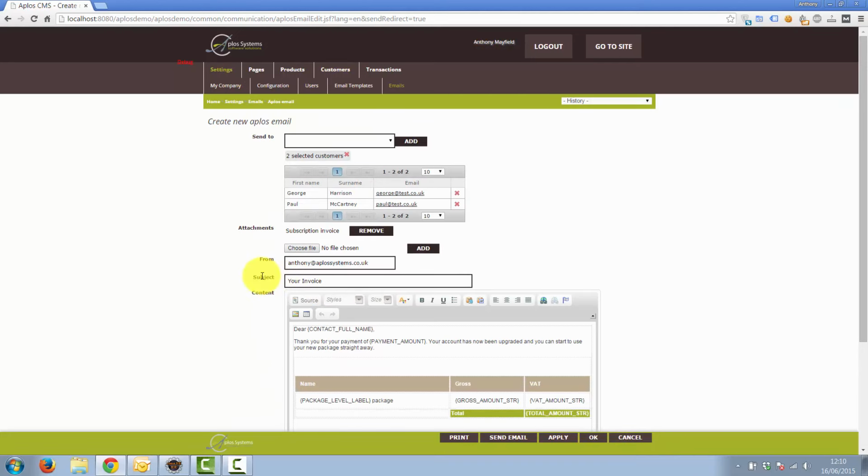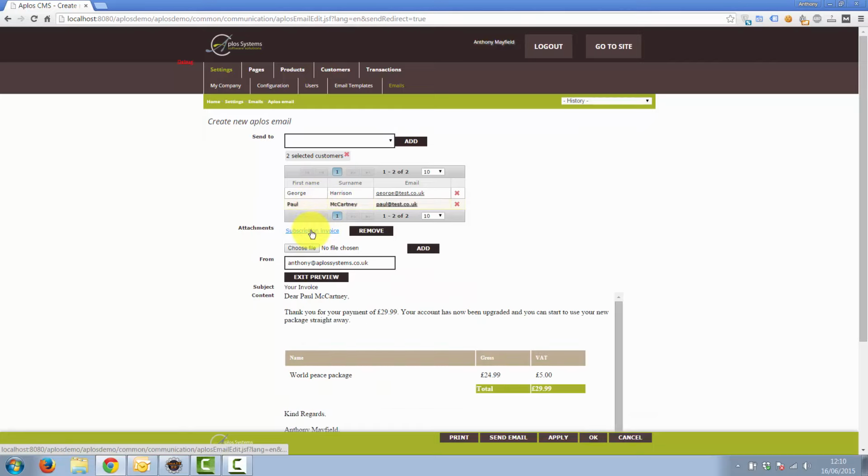Okay, so here's a really important part that most businesses don't realize the benefit of because it's never even been an option for them. This bulk email has an attachment, and this attachment is also generated from the same customer as the email content. This is a really powerful feature as it can be used for contracts, reports, instructions, or for invoices like in this example. This is a huge time saver as you don't have to create documents by hand and then attach them one by one to each email.